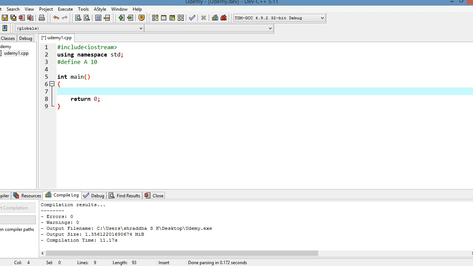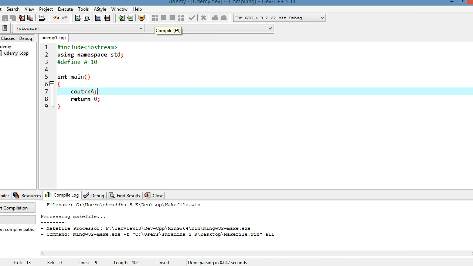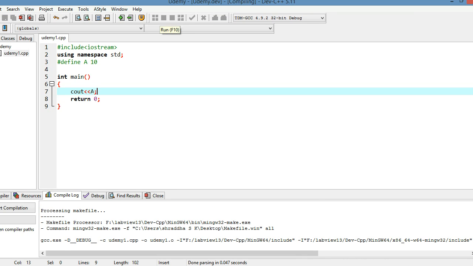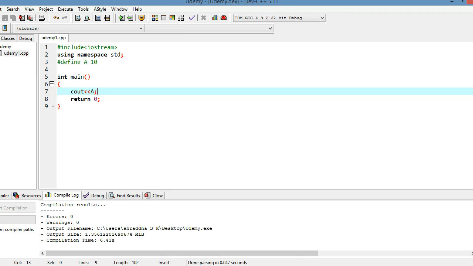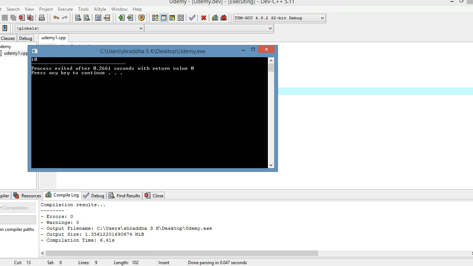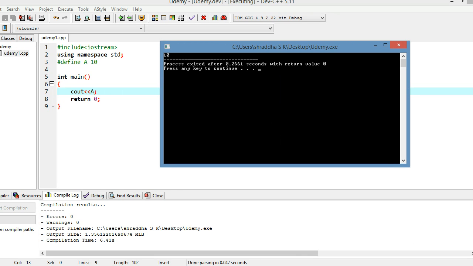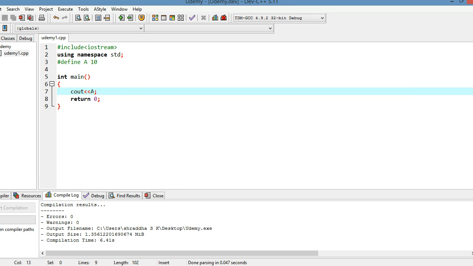I have defined the value of A to be 10. Now I am going to print the value of A. If I compile it and run it, then 10 will get printed.